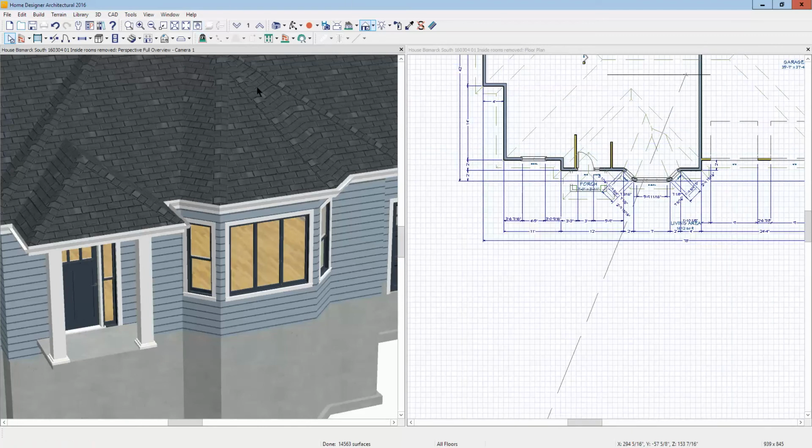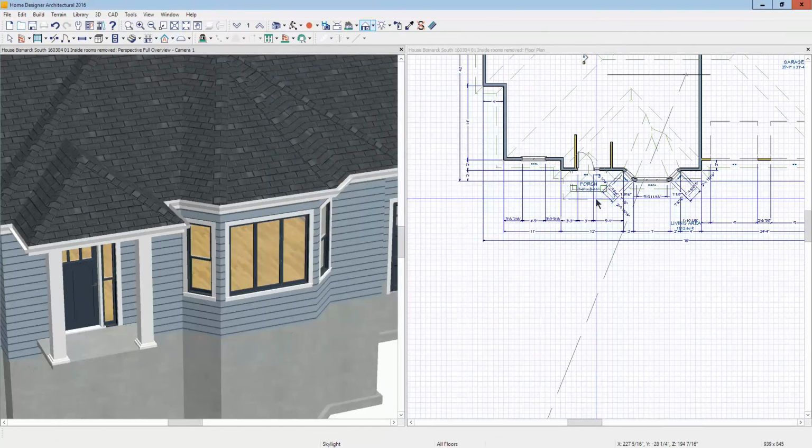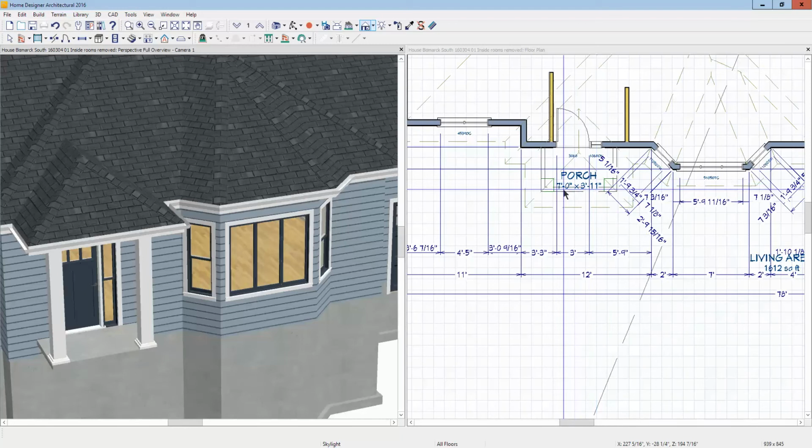I assume that Auto Build Roofs is on. Let me check. Yeah, that's not it. There we go, Build Roof. I just wanted to check. Okay, Auto Build Roofs is on. Fine. Now we'll go to Plan, and right here in Plan View on this wall,